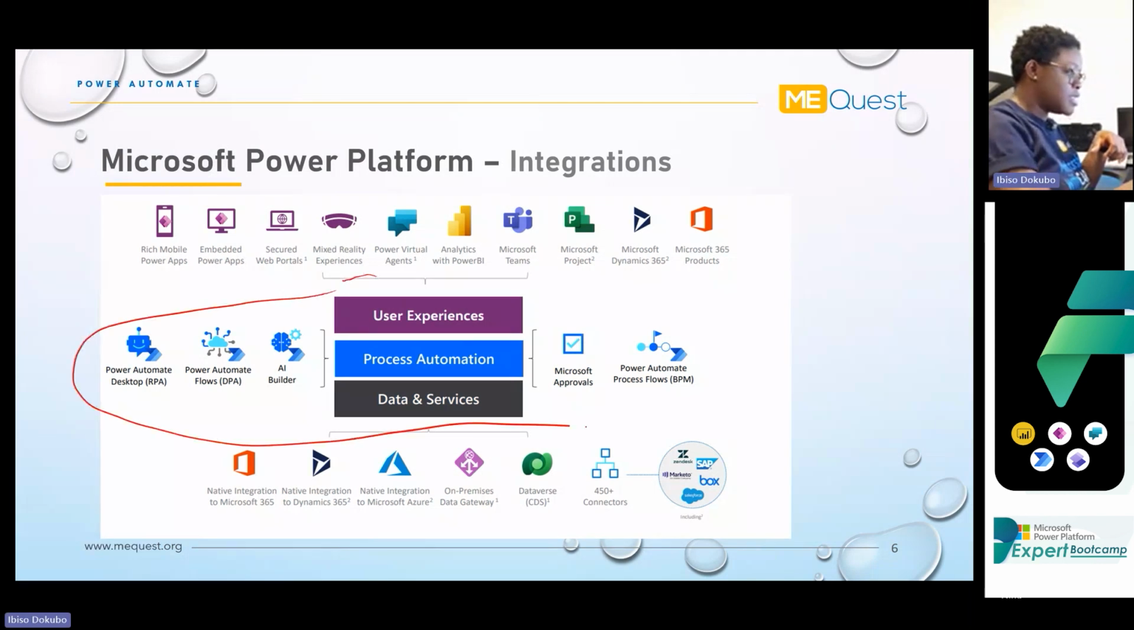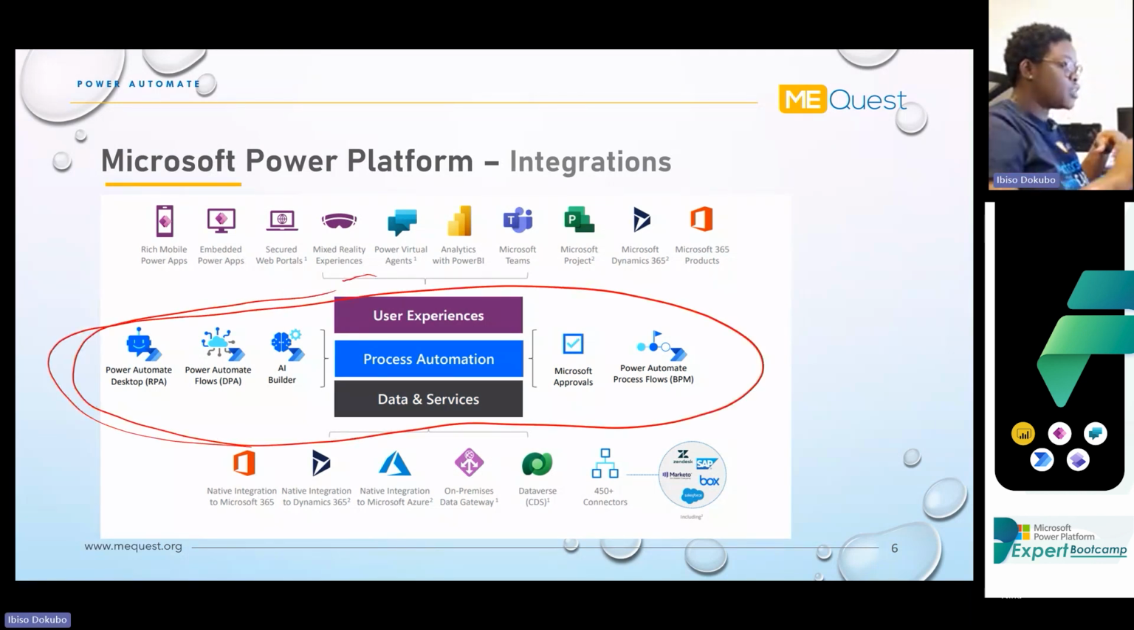this middle is actually a communication layer between the user interface and the data services. The data services look like the back end, and then we have the automation process, which is what connects the user experience and the data. So we have Power Automate, and if you look at all the components there, you see that most of it